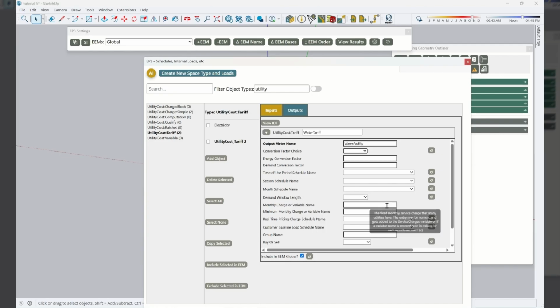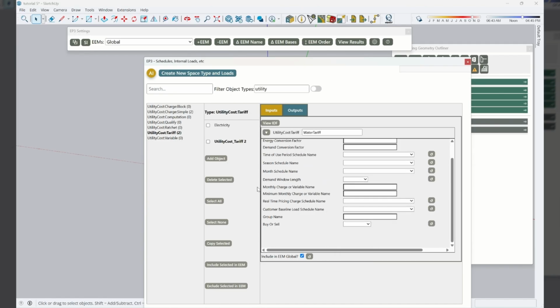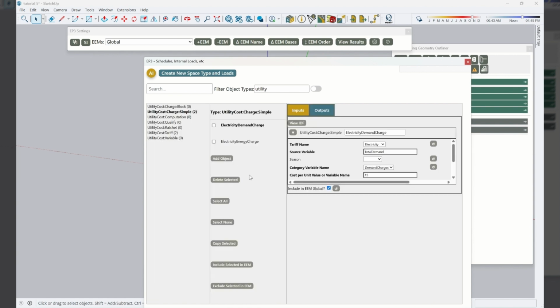We'll convert to meters cubed. And here you have the option to add, say, a monthly charge, but we're just going to do a total charge per volume. So we need, again, utility cost charge simple,